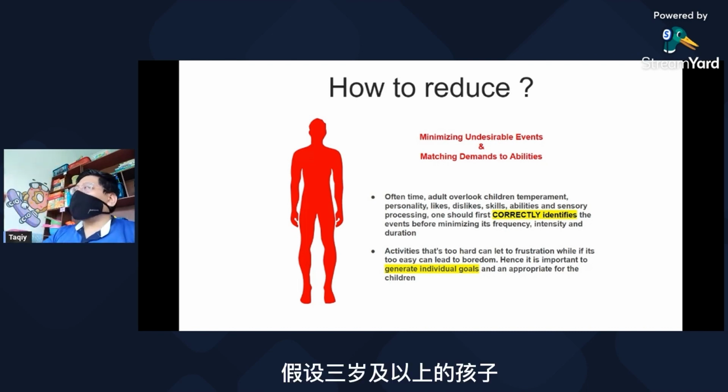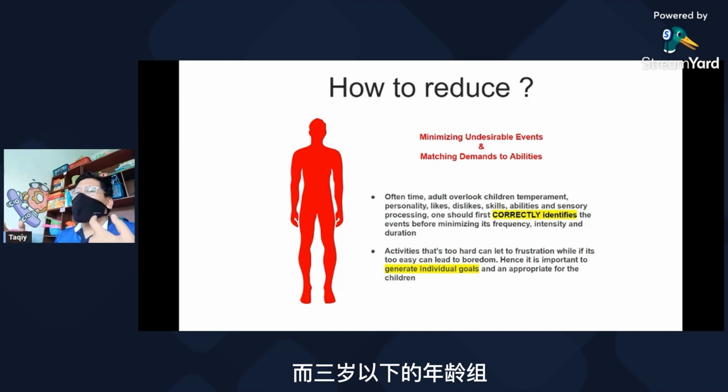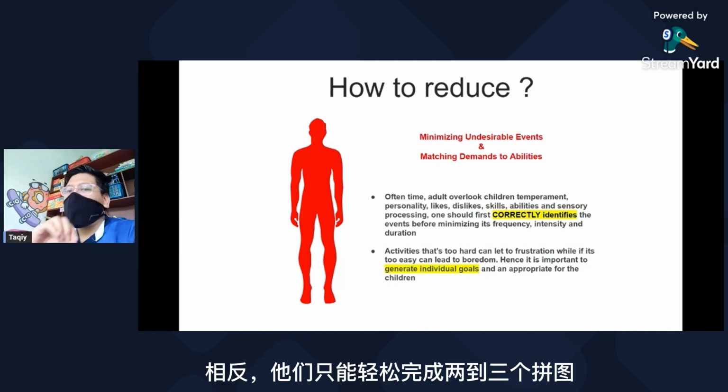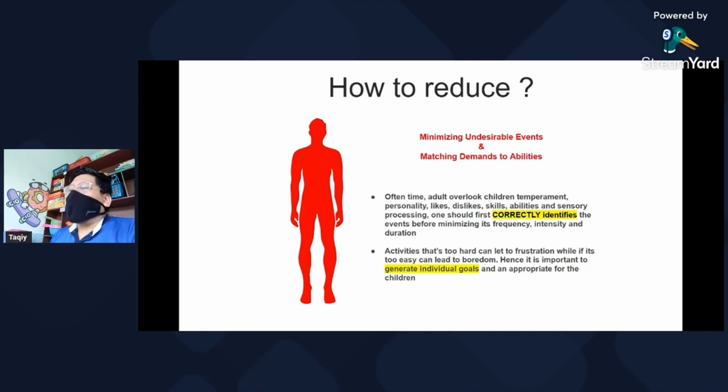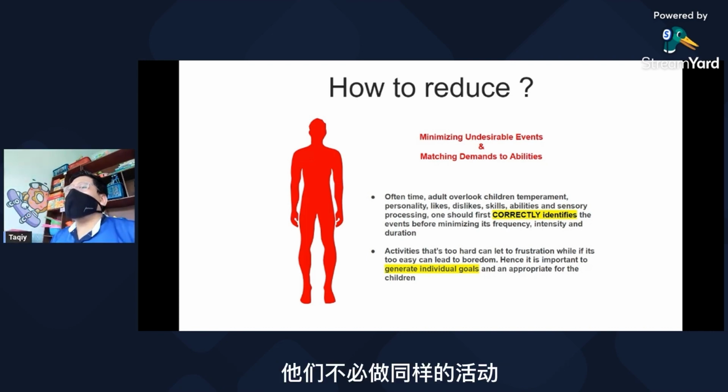Let's say the 3 years and above can do a 4 to 5 piece puzzle easily. But the age group 3 years and below can't do the 4 to 5 piece puzzle, but instead can only do a 2 to 3 piece puzzle easily. So you can see over here, if they want to join the activity, they don't have to do the same activity.